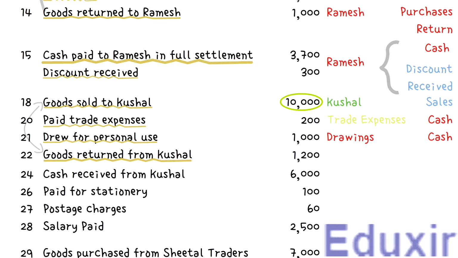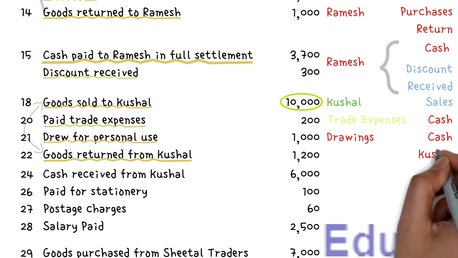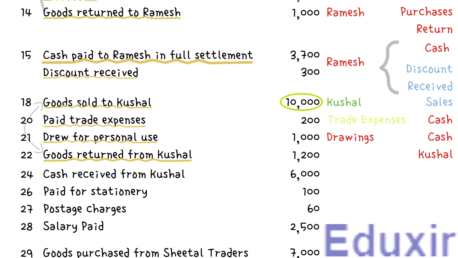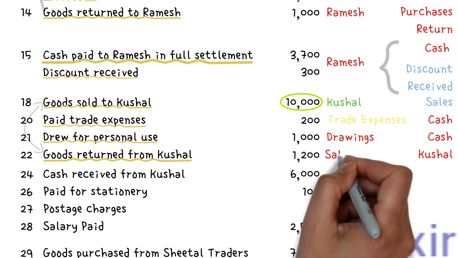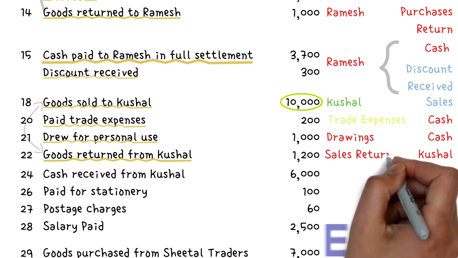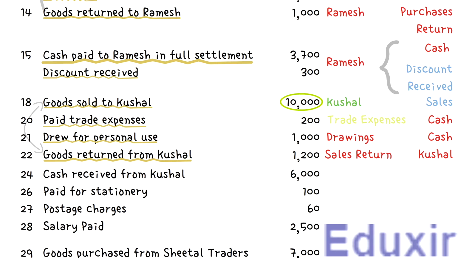The rule to record any decrease in the assets is to create the corresponding assets account. In this case, the debtor Kushal account should be created. At the same time, as the customer is returning the goods sold to them, the sales of the business are reducing. This means that the revenue of the business is decreasing. The rule to record any decrease in the revenue is to debit the corresponding revenues account. In this case, the sales return account should be debited. With this analysis at our disposal, let us now proceed with the generalizing of this transaction.